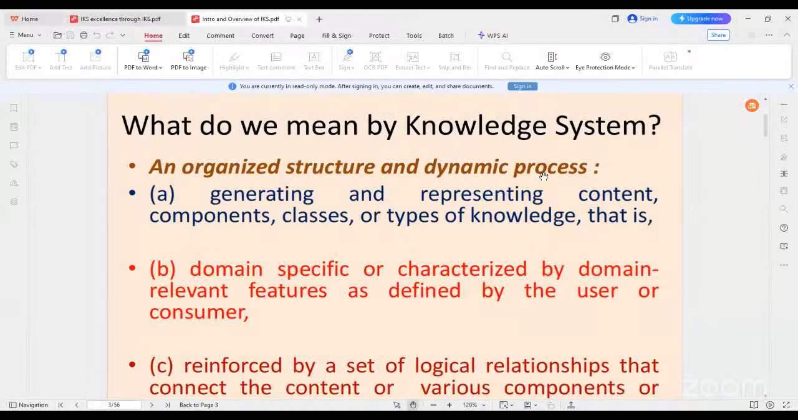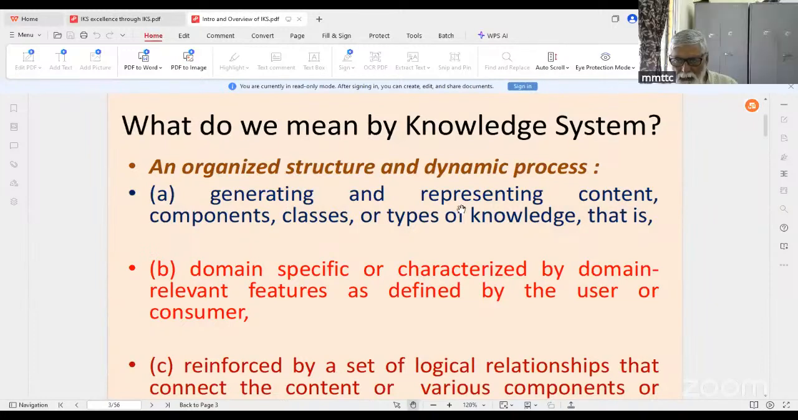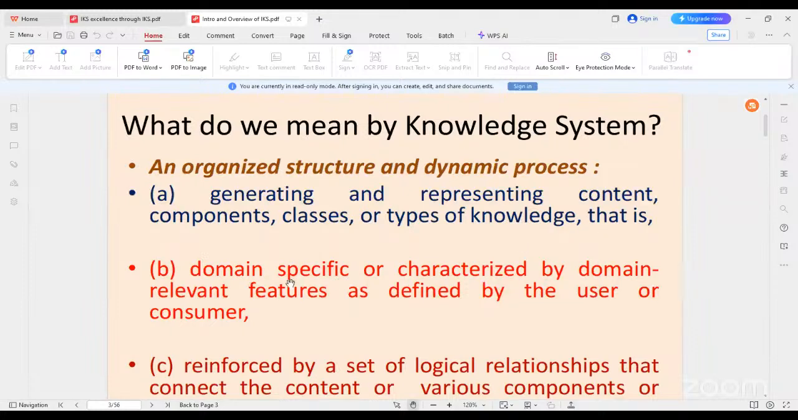It is also a dynamic process. So what does it do? It looks at generating and representing content, components, classes, or types of knowledge that